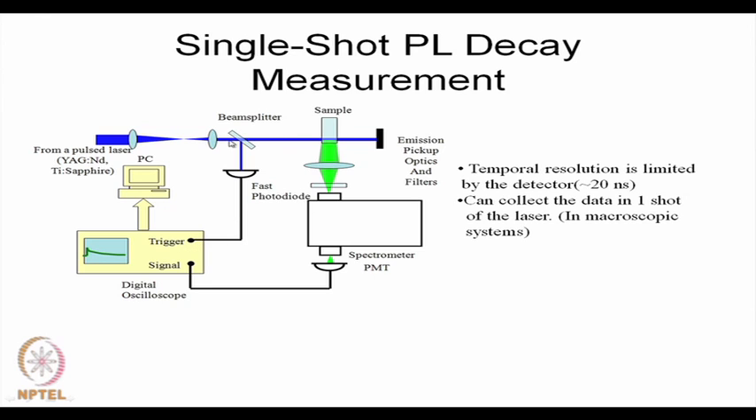okay, and maybe a very little percentage of this laser light, say it's a blue lasing light, so maybe 1% or even less than that, is directed to your fast photodiode. That is, it is responding very fast. The moment light falls on the photodiode, it gives a trigger pulse which triggers your digital oscilloscope, and the remaining 99% of your laser light is falling on the sample,